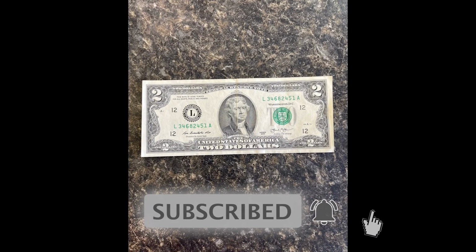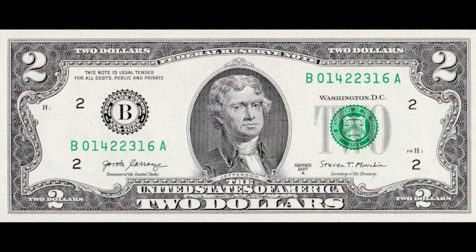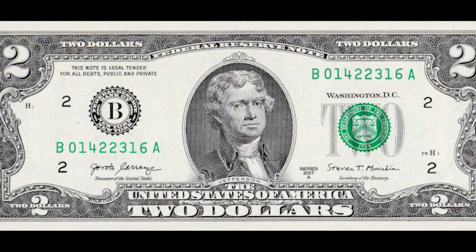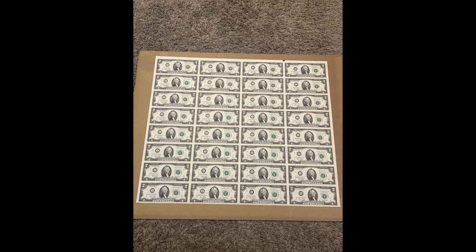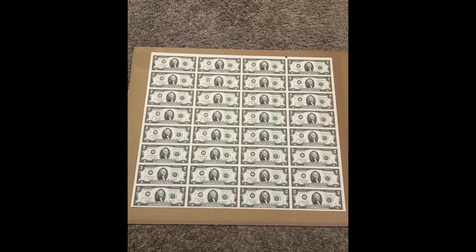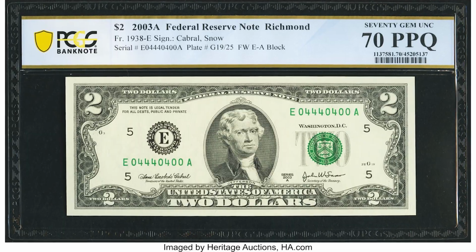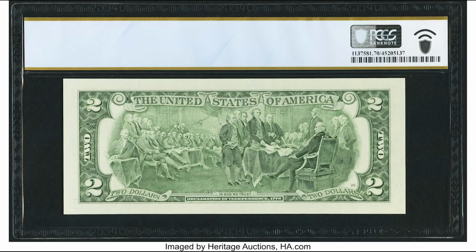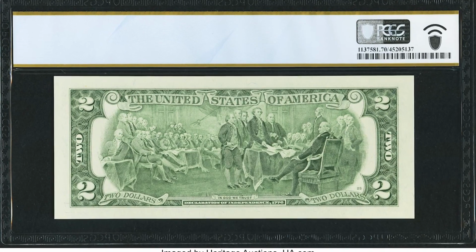Now, some people think the reason is because they don't want the people knowing how much money they're producing, but that's not actually true. You can go online and see public information about how much money they produce every single month. But I digress. This bill you're looking at on the screen is a 2003A $2 bill that sold for